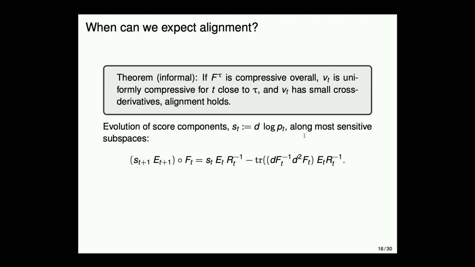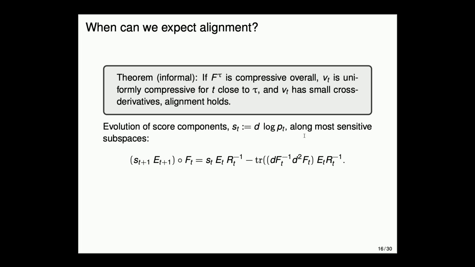You basically look at the score, these are the scores, so the gradient log of the densities along the orbit, varying with time. Instead of looking at the evolution, you can derive the evolution of these scores by doing a change of variables, taking the log and taking the gradient. Okay, the expression looks hairy, but really it's a change of variables after taking log and gradient.